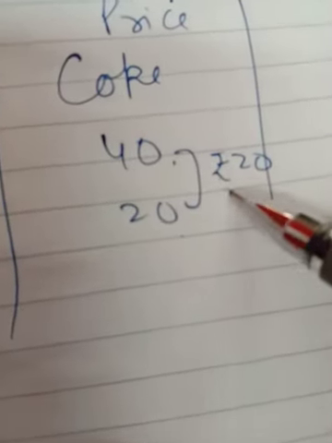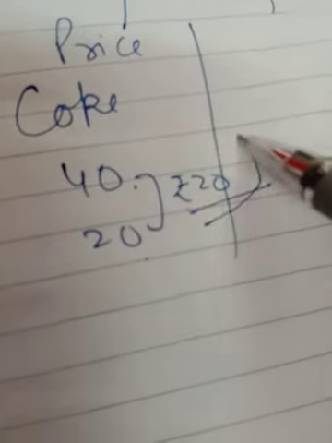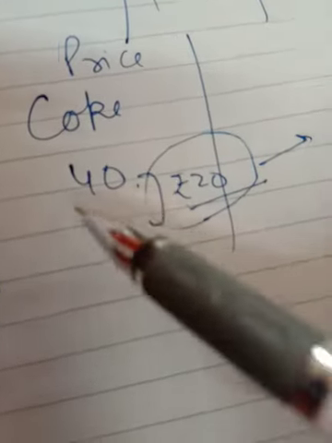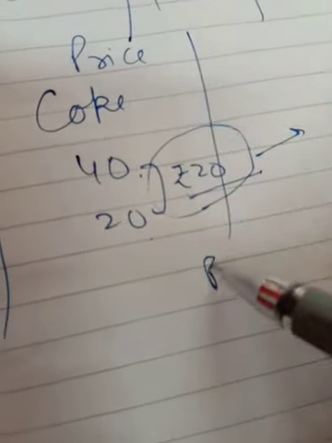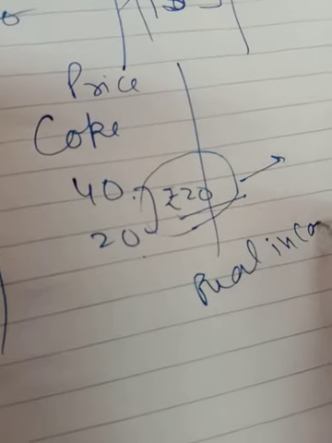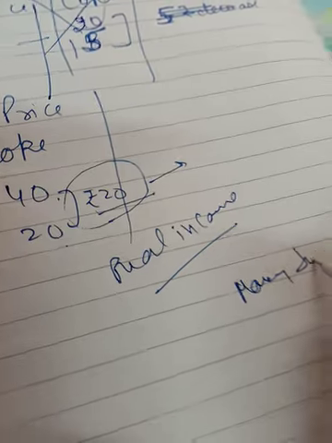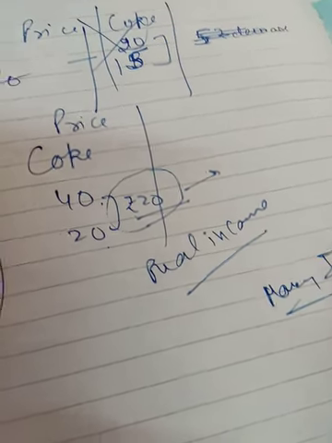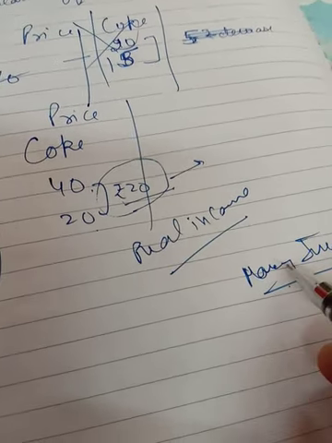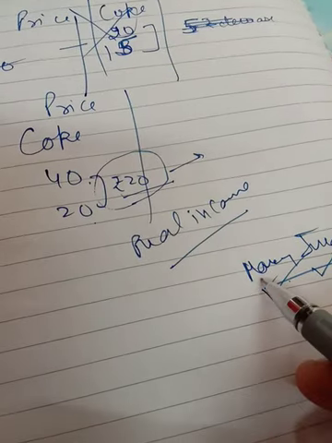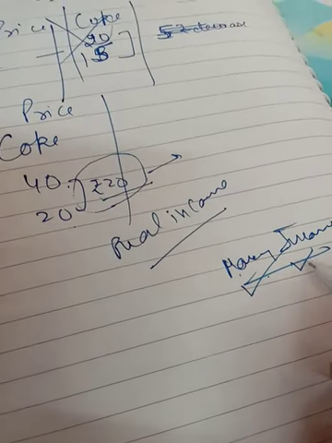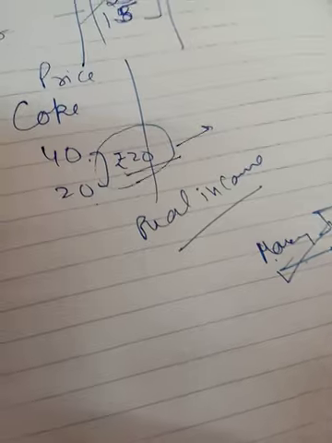So 20 rupees has been decreasing in this way. So this is the 20 rupees which is in the hand of the consumer because the price has been decreased. Now his real income has been increasing. His purchasing capacity has been increasing in this way. I am not talking about the money income. Money income is what he earns and wants to spend out of that. So that is the money income. Not talking about the money income here. If suppose the income of the consumer has been increasing, I am not talking about that over there.